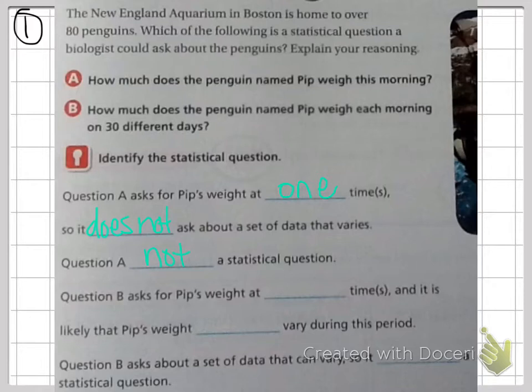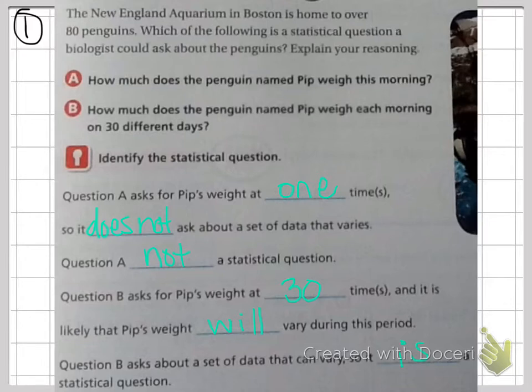Question B asks for Pip's weight each morning for 30 different days, so each time you're collecting his weight 30 times, and it is likely that Pip's weight will vary during those 30 days. So question B asks about a set of data that can vary, so it is a